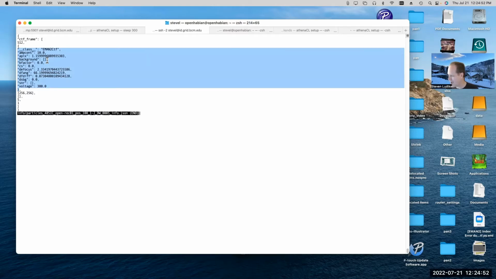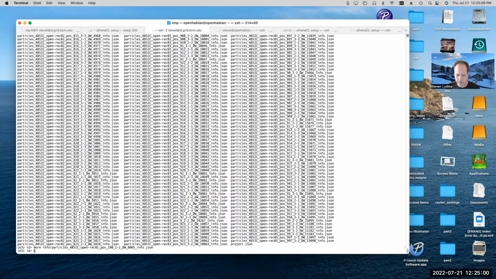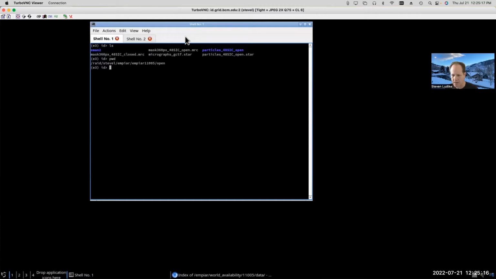So you can store any sort of arbitrary information that you want in one of these JSON files, which is a real limitation of the star file format. In the star file format, all of the information you store has to be tabular data. And that's fine for certain types of things, but there's certain types of metadata that you might want to store in a cryo-EM project, which you can't conveniently do. So let's maybe take a little aside and take a look at one of those.